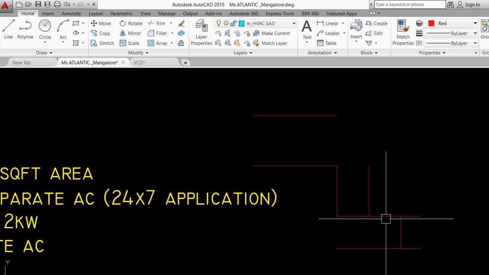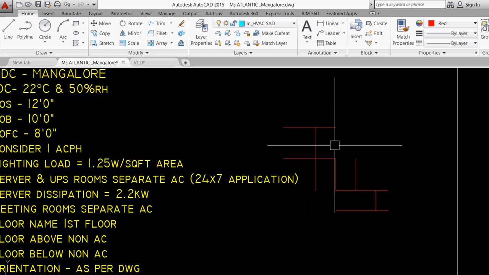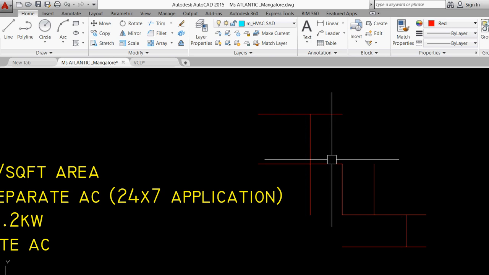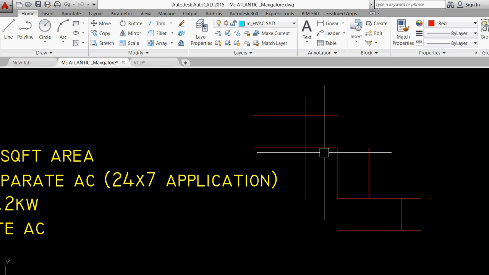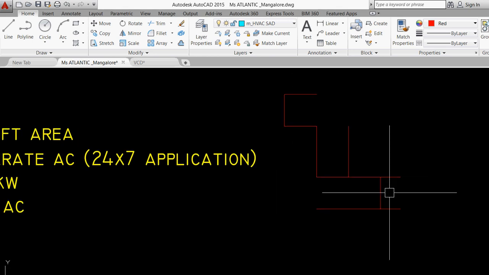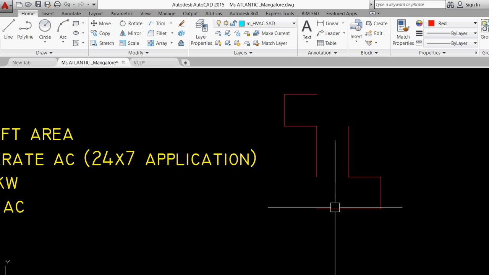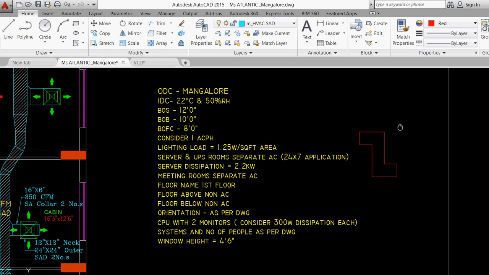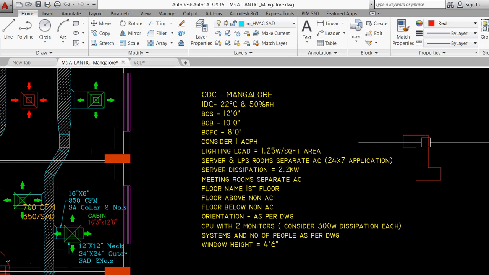So again, this will also be 18 inches. Offset 18 inches. Extend this one is 18 inches. So this part you can remove it, trim this part, extend, fillet, radius 0. I can extend this to limits. Okay, this is your cross talk that we have created, and internally we have to go for acoustic insulation here.